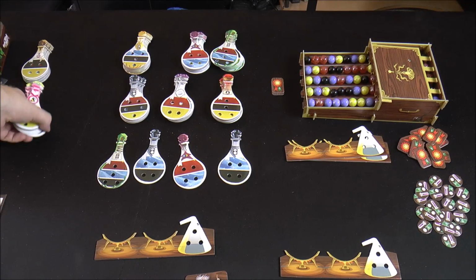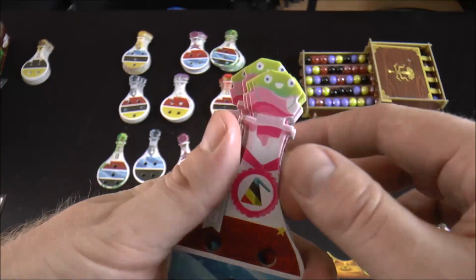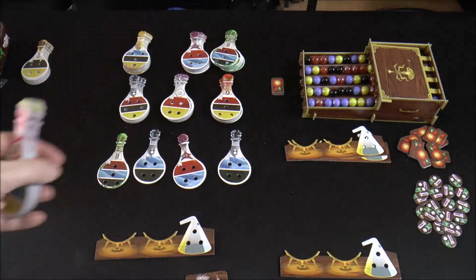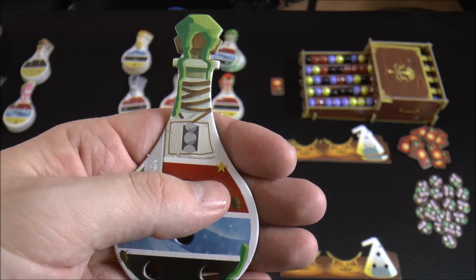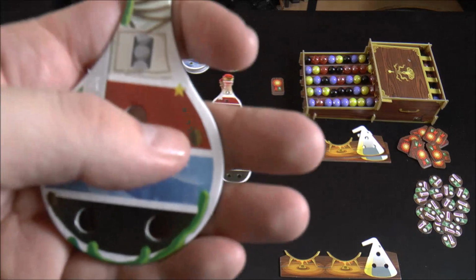You can see there are 6 different types of these potions. You can tell the types by the top here. Some of these have slime coming out and stuff, and then also the little symbol there. You're going to take 2 of those types and set them aside. You only use 6 in the game, and then you're going to go through and find some of these starter ones, get 2 random starters from the remaining ones,